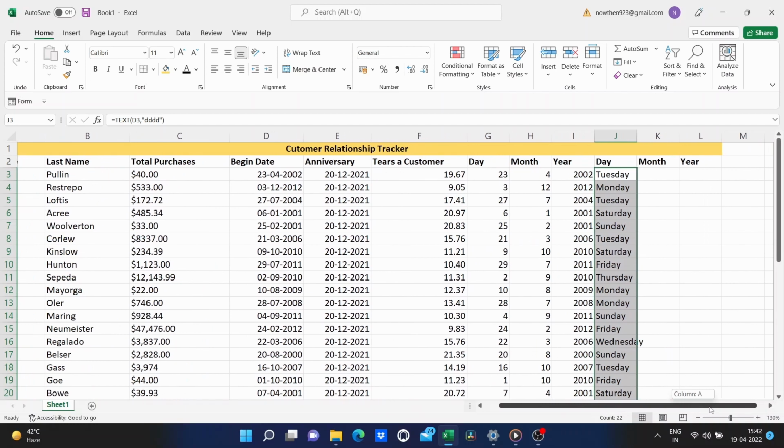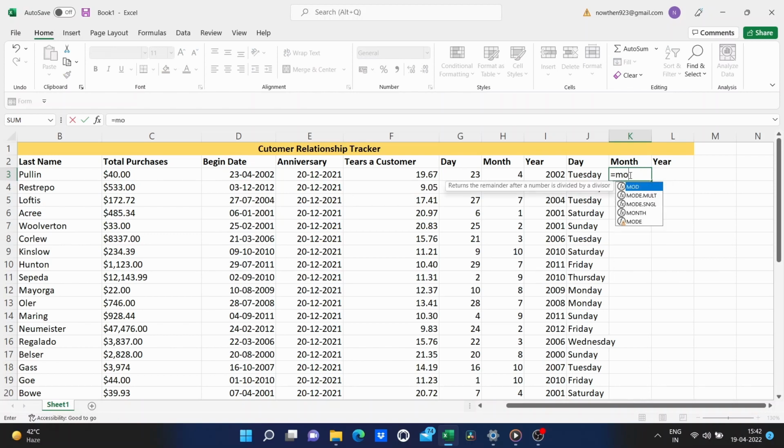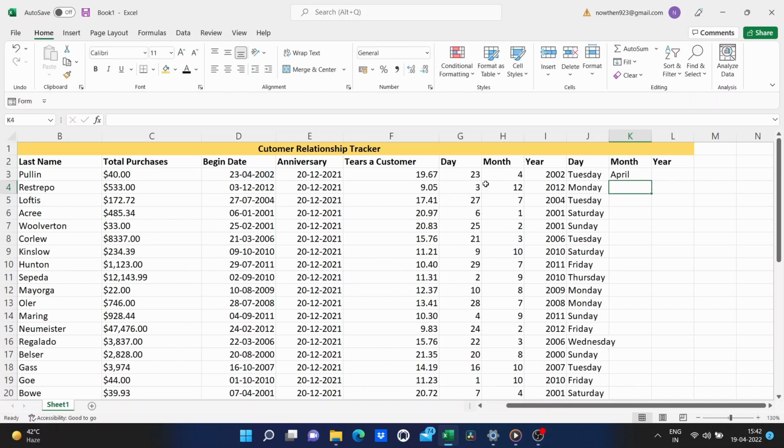And let's do the same thing, but this time with the month. So I type equals, text, left parenthesis, and I click on the date in question, comma and quotation marks, and instead of 4 Ds, I'll put 4 Ms, close quote, right parenthesis, tap enter, and I've extracted the word April from this date.